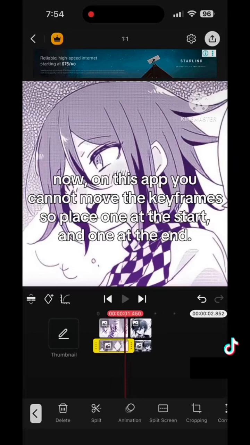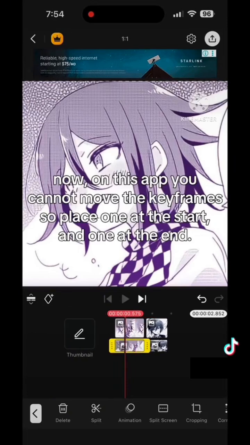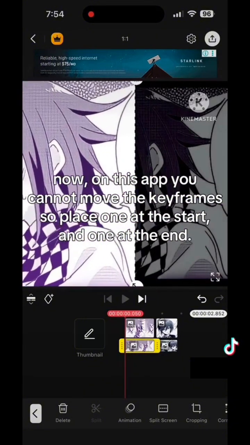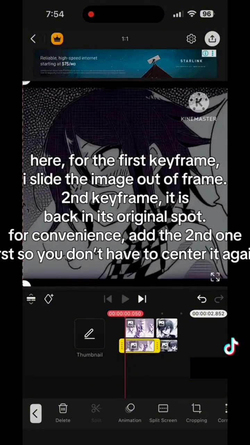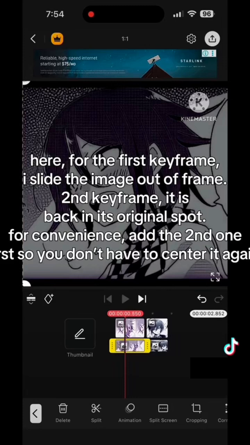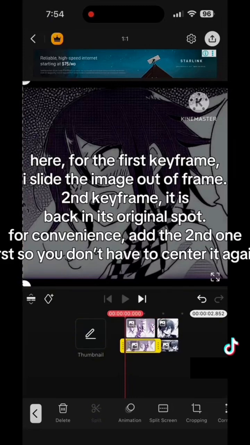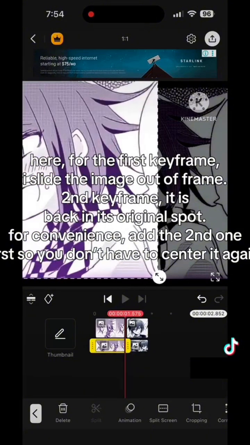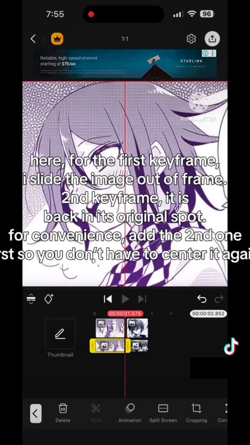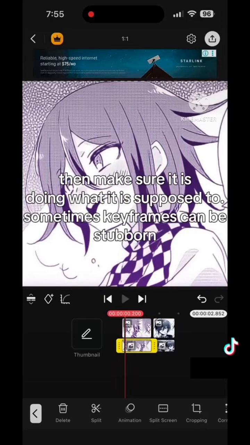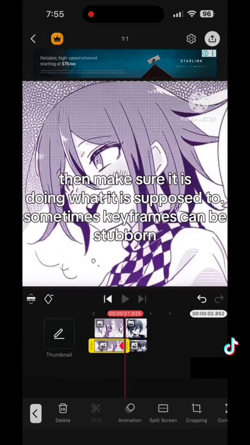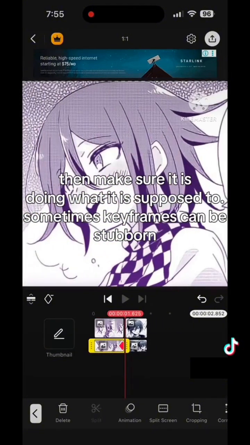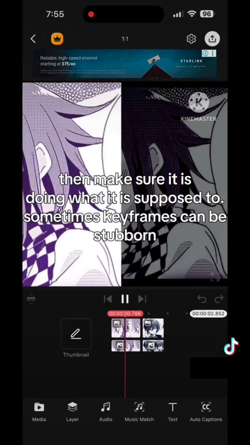Now, on this app, you cannot move the keyframes. So place one at the start and one at the end. Here for the first keyframe, I slide the image out of frame. Second keyframe, it is back in its original spot. For convenience, add the second one first so you don't have to center it again. Then make sure it is doing what it is supposed to. Sometimes keyframes can be